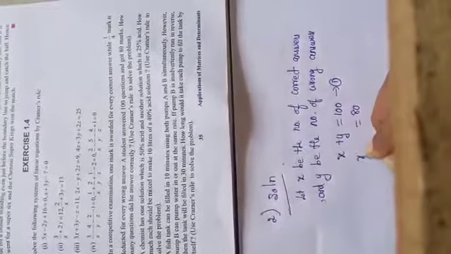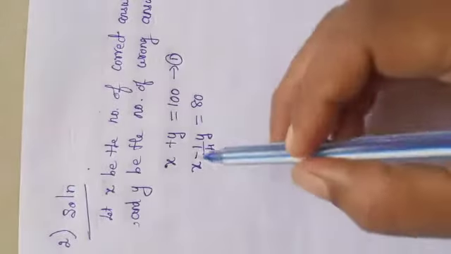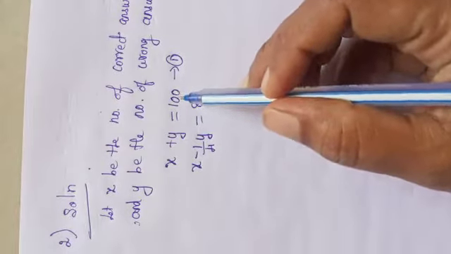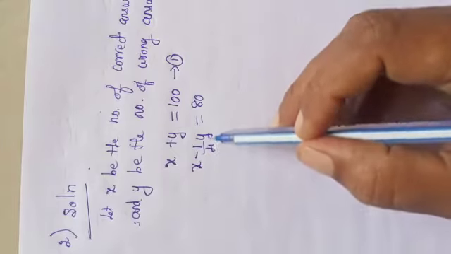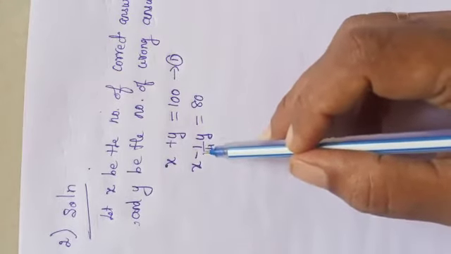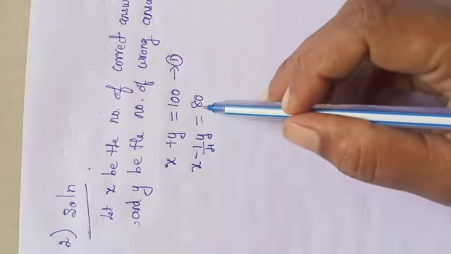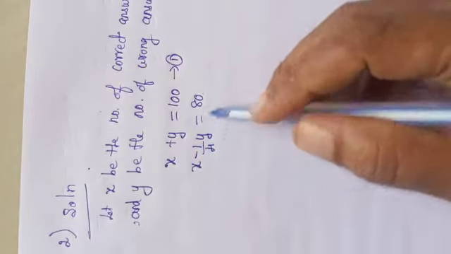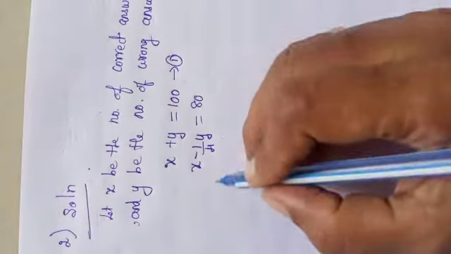So correct answers plus the wrong answers. Wrong answer means marks are reduced, isn't it? 1/4 mark will be reduced, so 1/4 y. This is the total answers, x plus y, equal to 100, and this is x. Marks will be reduced by 1/4. He might have got some minus marks, so that only the student might have got 80, isn't it? So x minus 1/4 y equals 80.